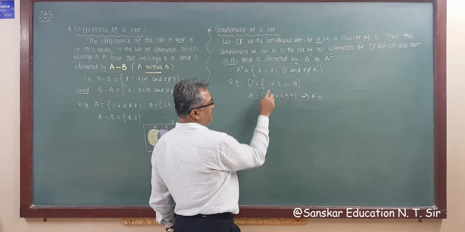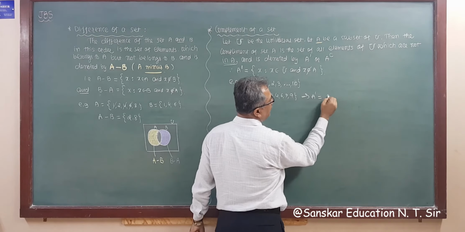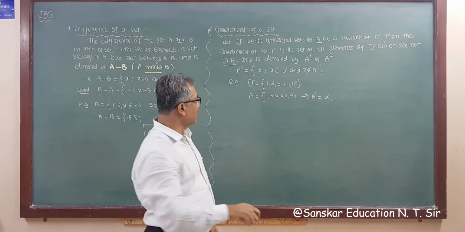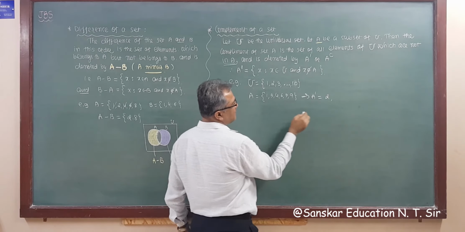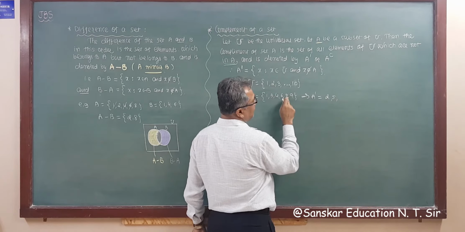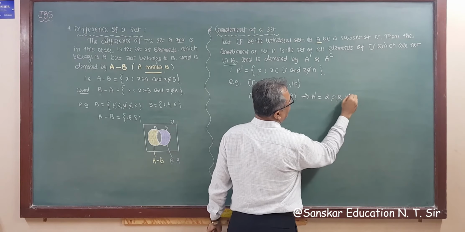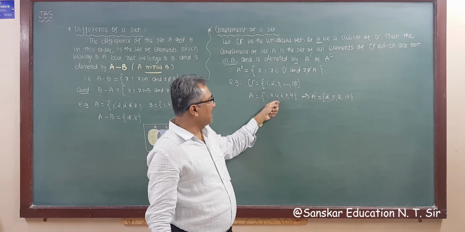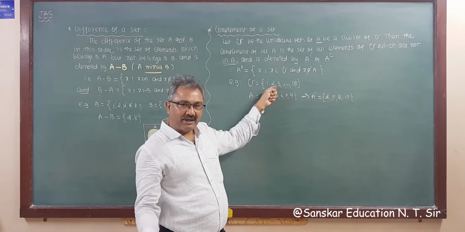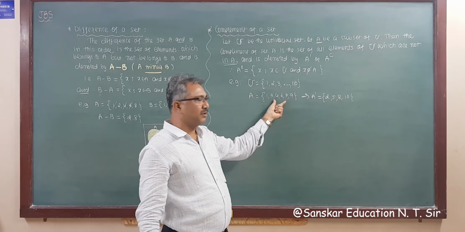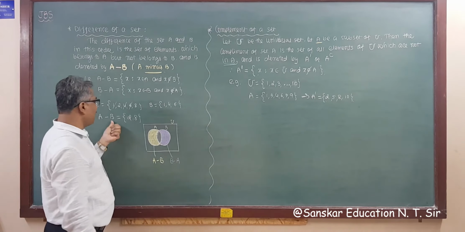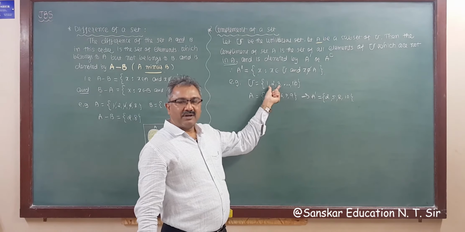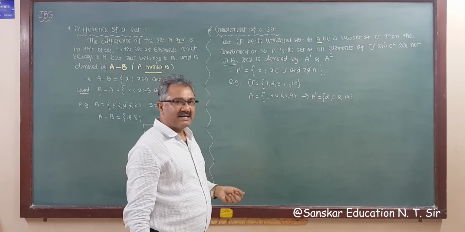So 1 is here, so no 2, so you have to write 2 because U is your universal set of 1 to 10 consecutive numbers. So 2 is not here, 3, 4 are here, 5 is missing. 6 is here, 7 is here, 8 and 10 are missing. So these are the numbers which are not in A but in U. So here you have to remove all elements of A from the universal set U. So this is your A dash.